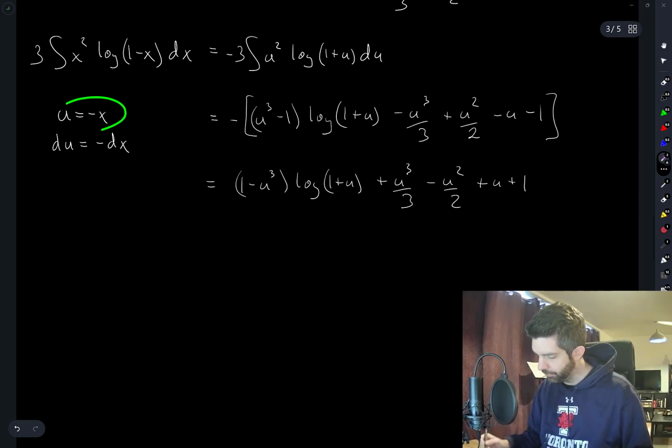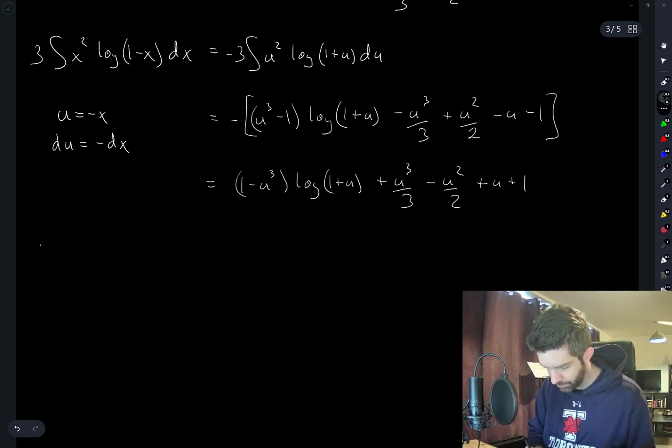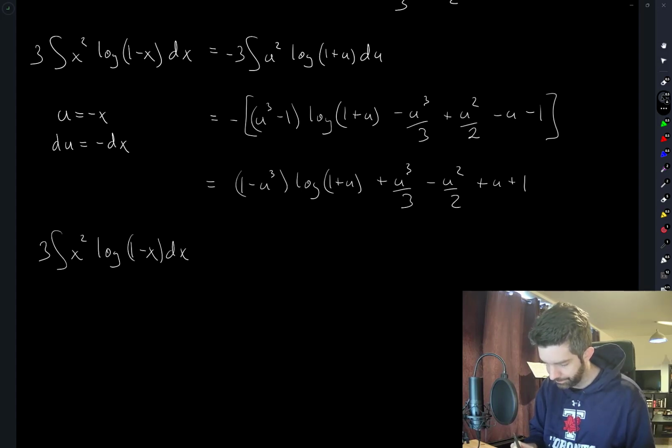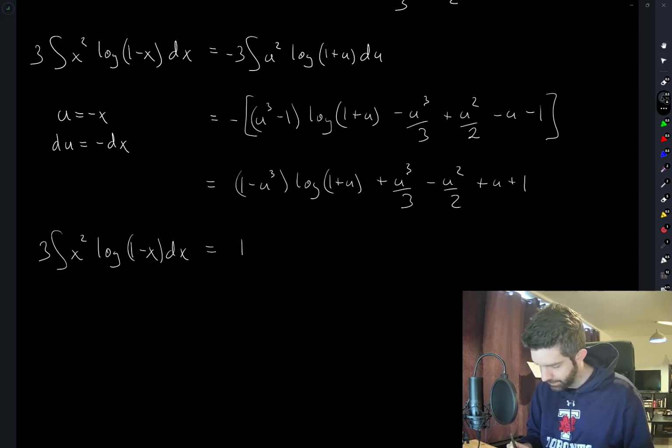And now I'll make that substitution back. So this gives 3 times the integral of x squared log of 1 minus x dx is equal to 1